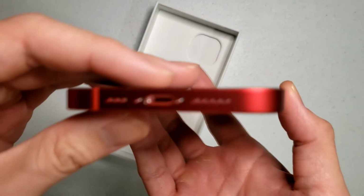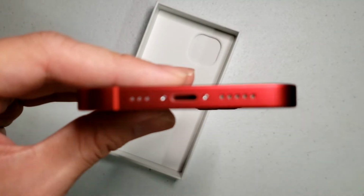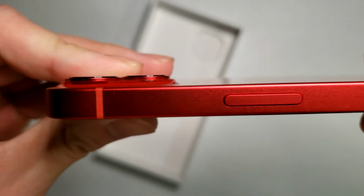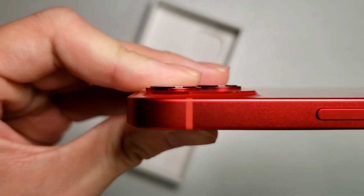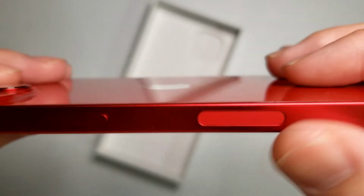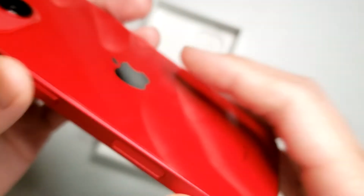So right there, we've got the volume up and down buttons. We've got the mute button on the side. We've got two lenses for the iPhone 13, the wide and the ultra wide, with cinematic mode in 1080p at 30 frames per second. We also have the Thunderbolt connector down below right there. They're still using their Thunderbolt, and